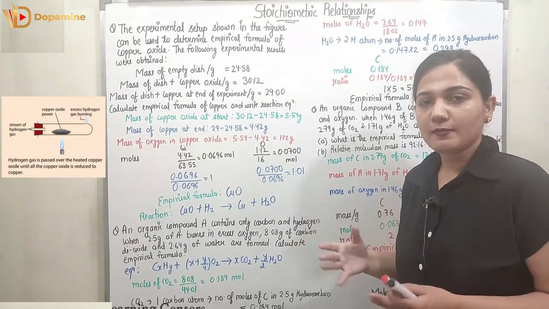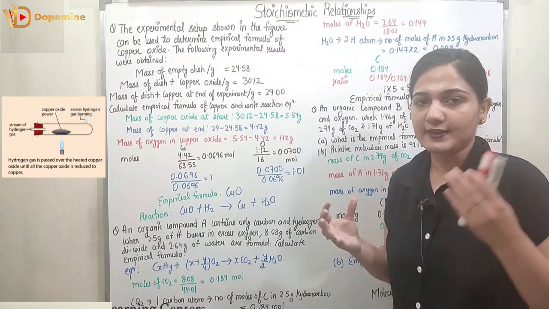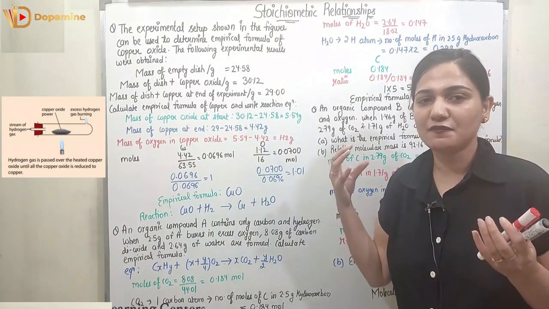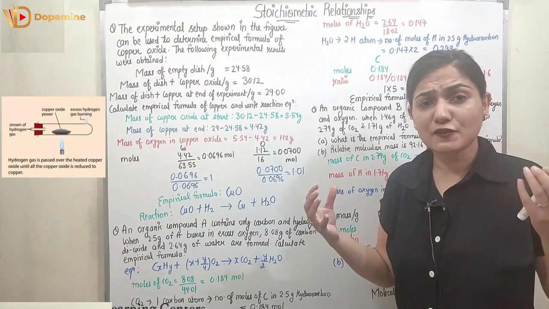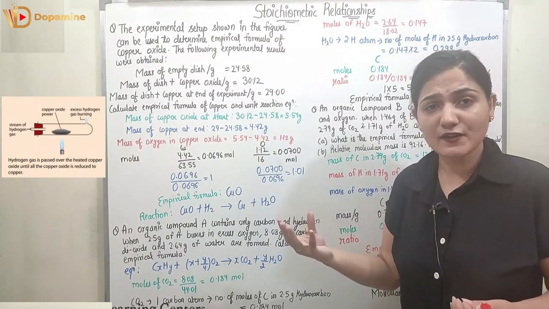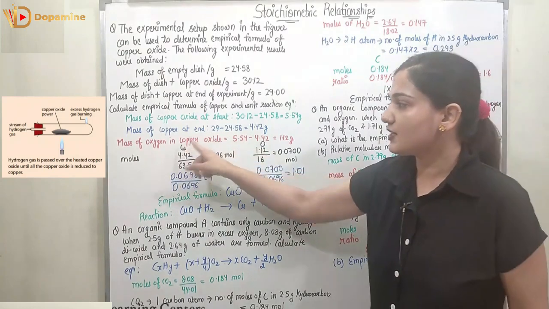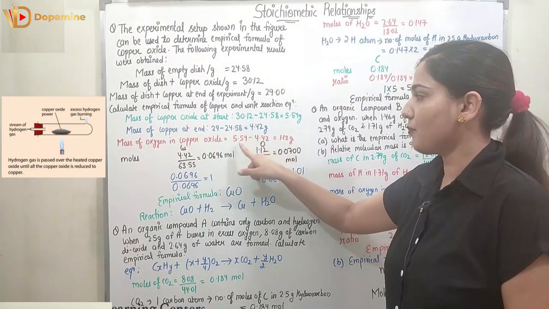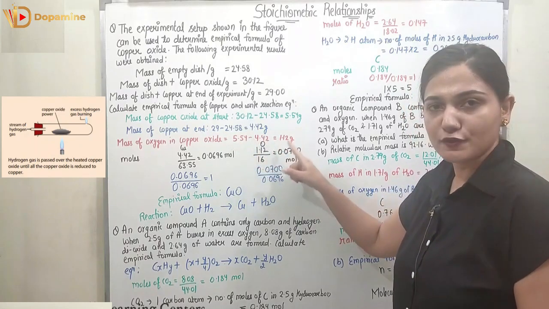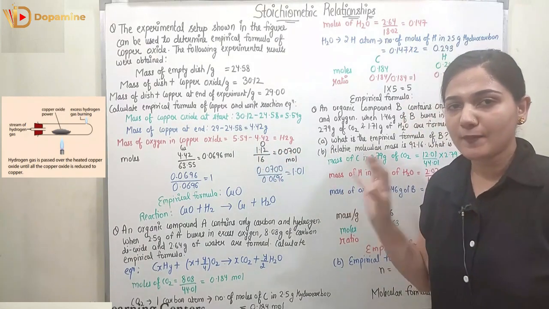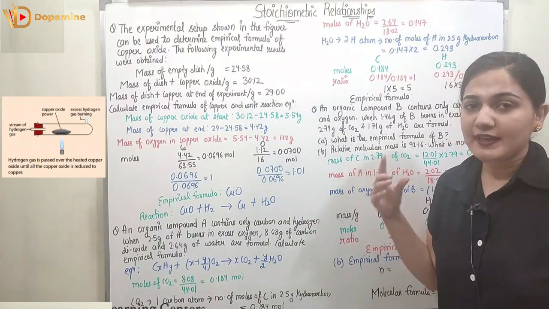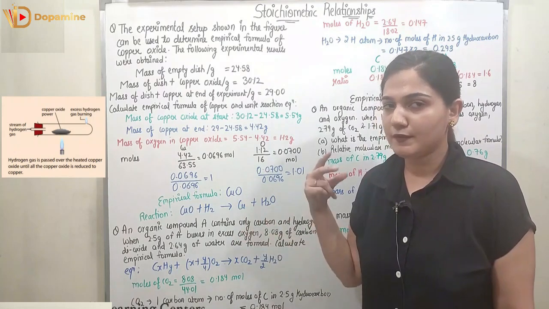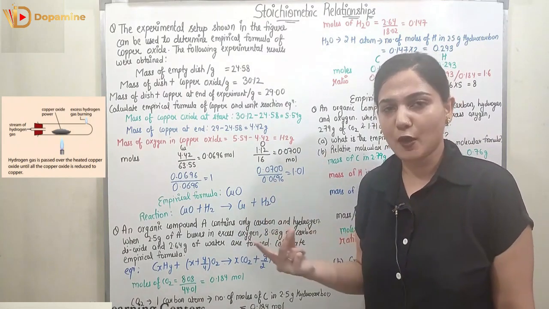Now in the initial part of the experiment we have copper oxide. At the end we are generating copper. So if I subtract the mass of copper from the mass of copper oxide, I will get the mass of oxygen. So the mass of oxygen in the copper oxide will be the mass of copper oxide minus the mass of copper, which is 5.54 minus 4.42, which is 1.12 gram. Now we know the mass of oxygen, we know the mass of copper, right? So we have to find out the empirical formula of the oxide of copper. We just need the masses of both. Now we know both of them.